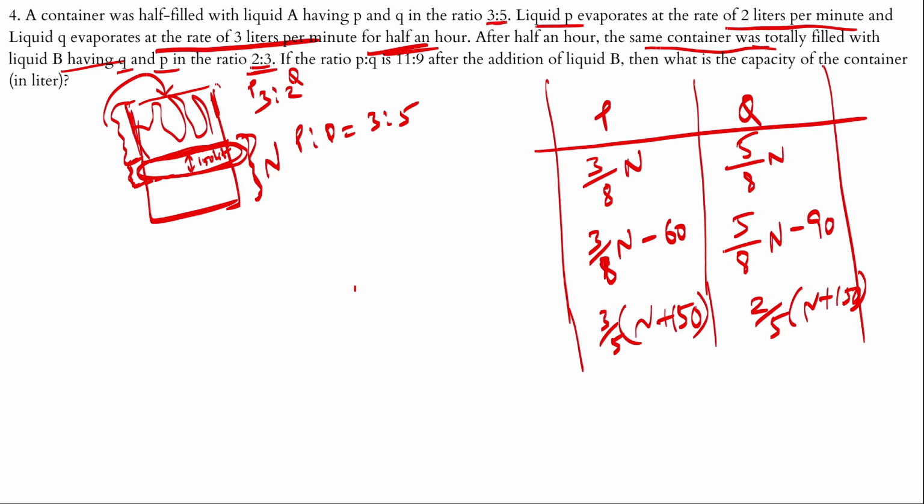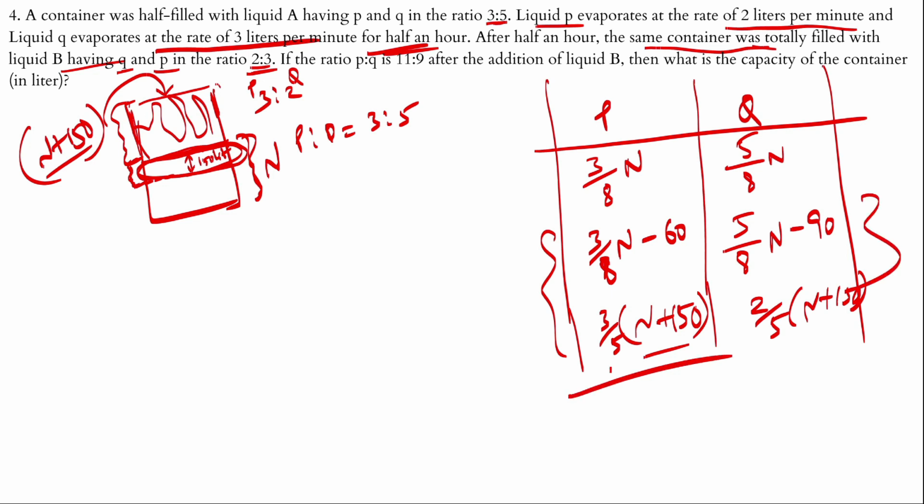So the new quantity is n plus 150. That's what we have taken here. New quantity is n plus 150, new total quantity. So P's share is 3 by 5 into n plus 150, and that of Q is 2 by 5 into n plus 150. Now if we simplify these equations, we'll get